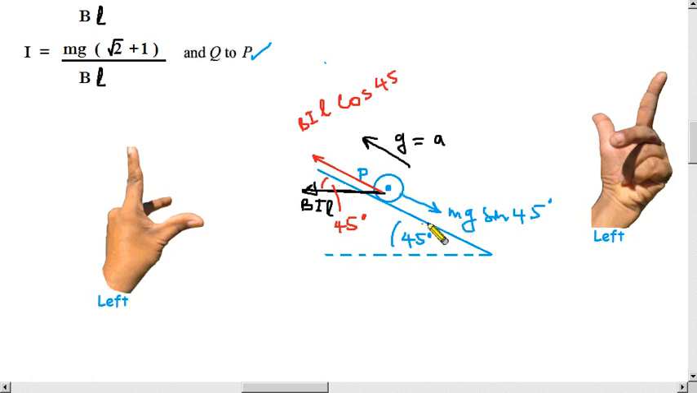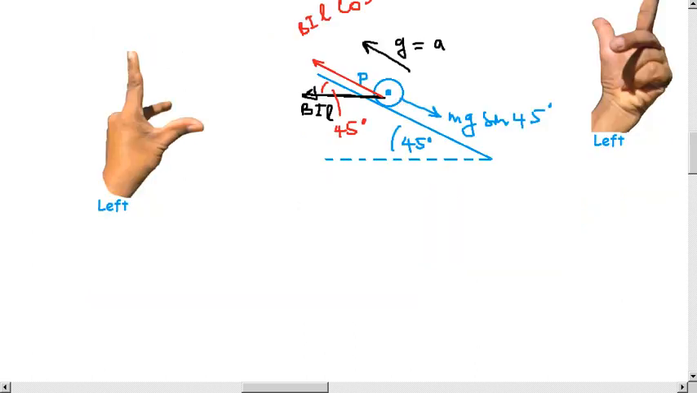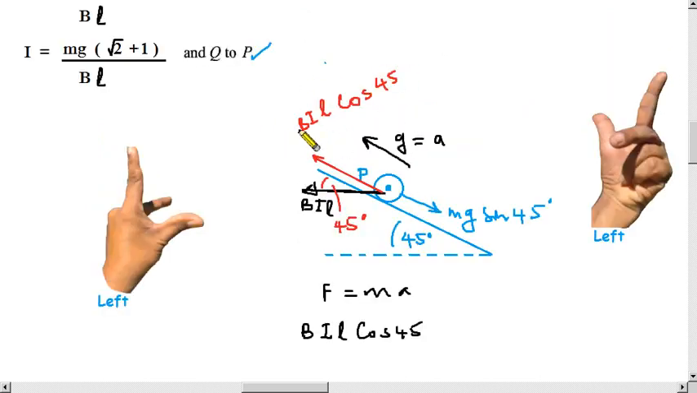Now we know these two forces are there, so we now have to use the F equals ma equation. F is the resultant force of these two, so this one should be greater than this one, then only we can move it upwards. Therefore we have to take this one as positive: BIL cos 45, that amount is greater, minus this one, which is less, mg sin 45